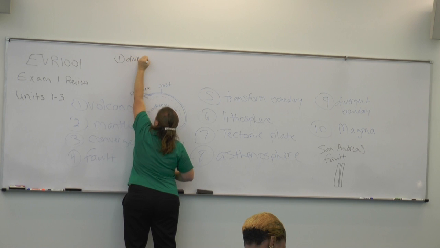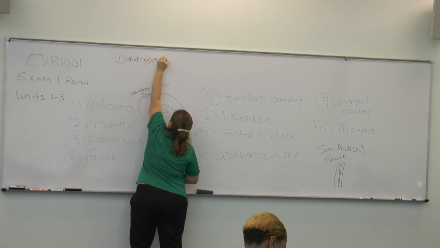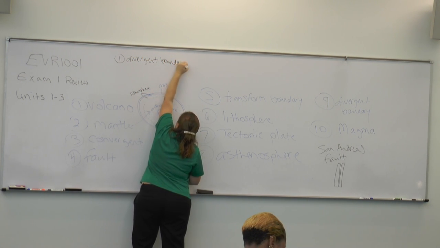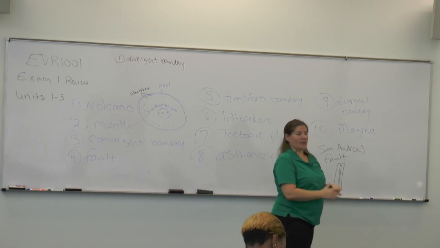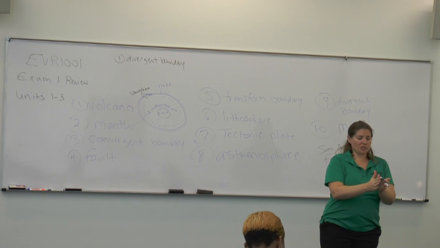And what may form, and what has formed actually, at that divergent boundary in the middle of the Atlantic Ocean? What's there? So if the seafloor is spreading